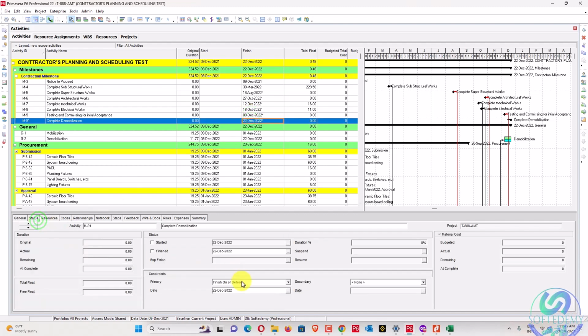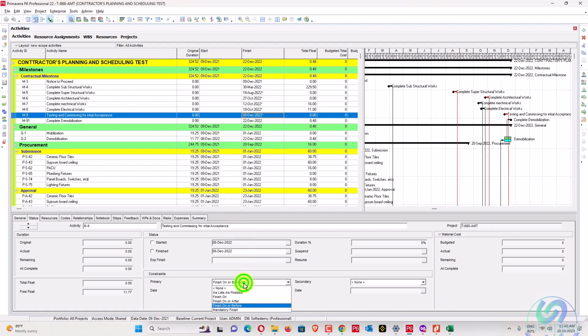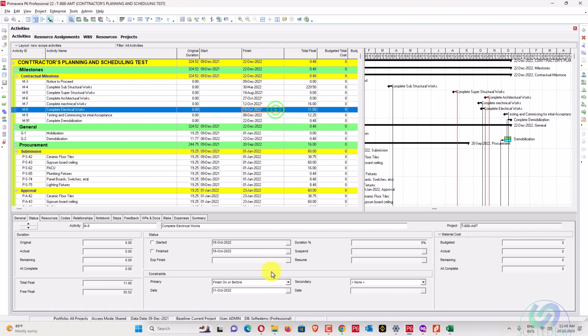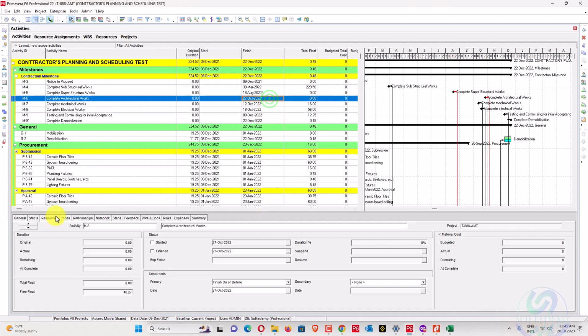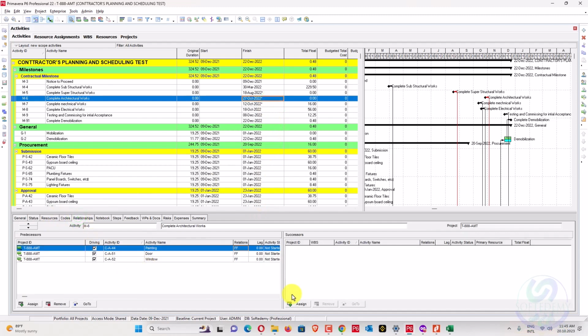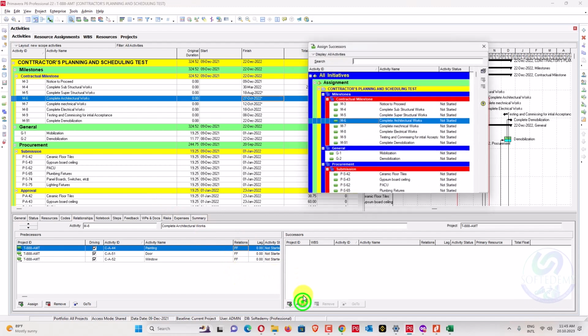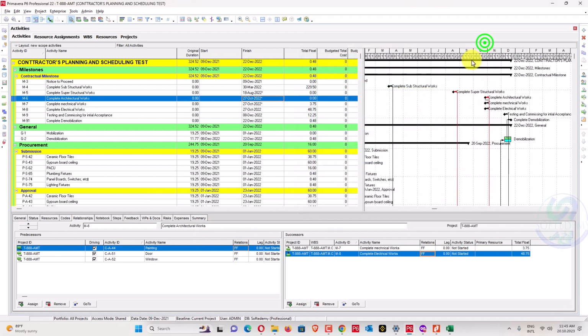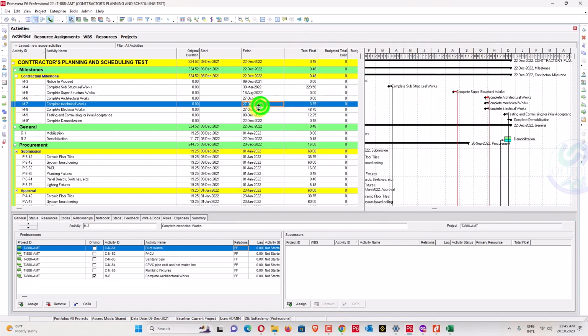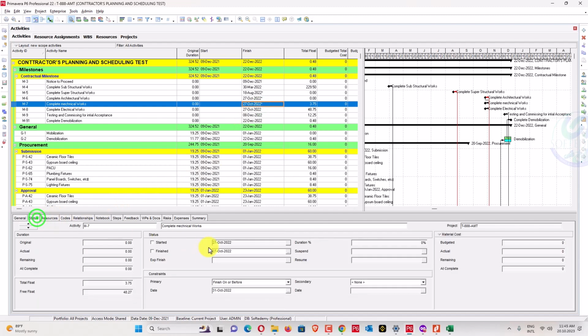So now we can remove our constraint here. Now if we remove it, the schedule will remain in the same location. Do you understand? The schedule will remain in this location. This is not a big deal, you can see here. Also you can add a successor here. If you want to add a successor, it will remain the same, 27 of October. So both of them are matching.